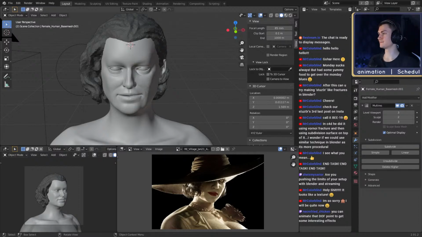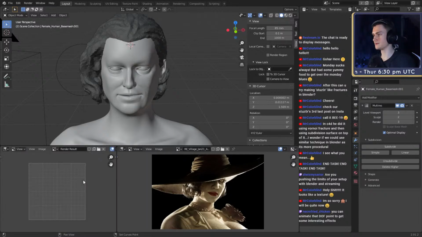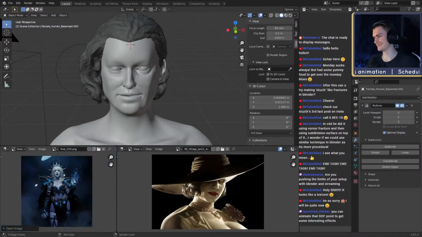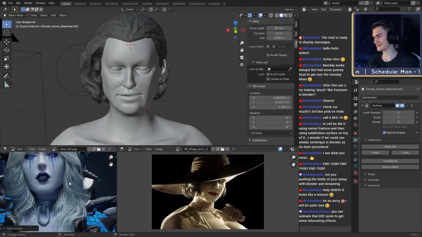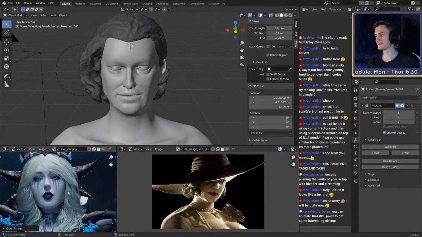Is it really that long ago? Oh, it is. Okay. So first of all, I'm going to show you the render, and then I'm going to show you what it looks like in solid view. Let me go in here and show you the render. This is also a character I haven't applied post-production to, I think, so it doesn't look as good as I could probably make it now. Yeah. As you can see right there, hair cards are a good way of making the hair of your character look real.